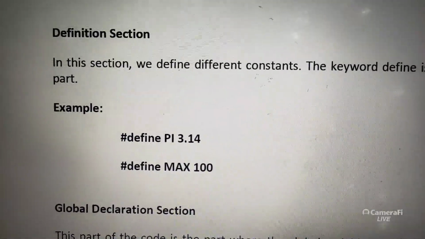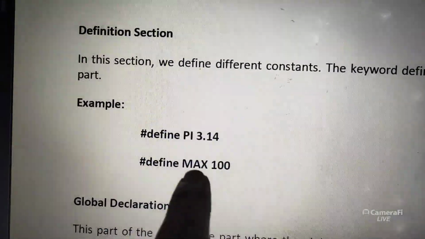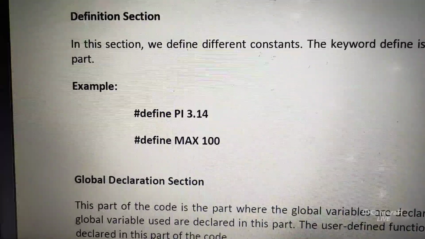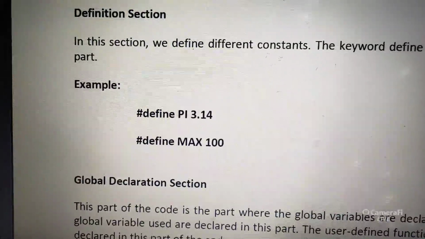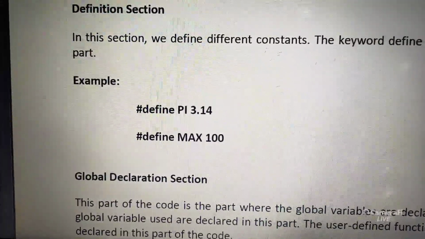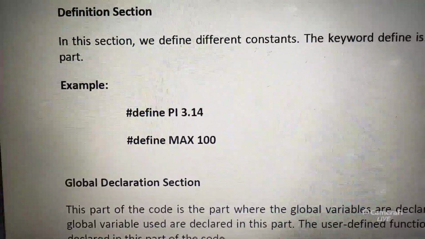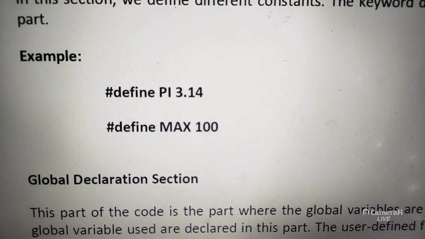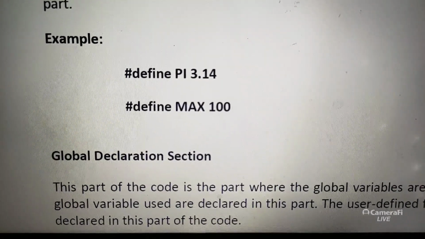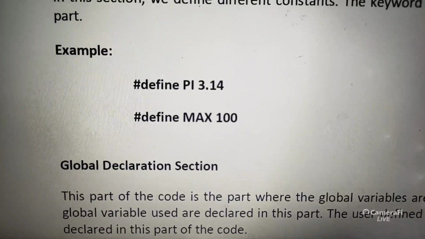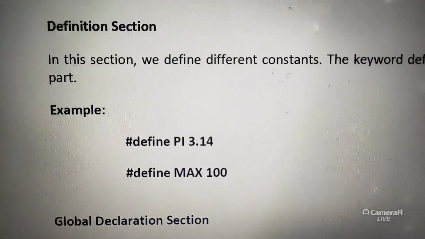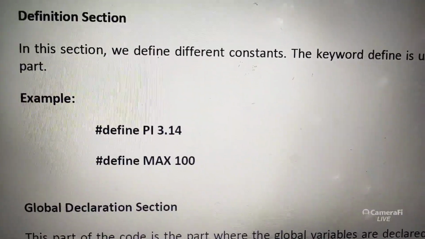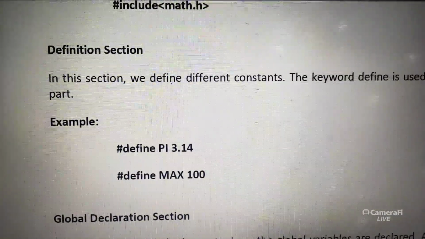And constants will be declared in the definition section. Okay, one symbol will be fixed with a value. For example, this symbol represents this value. Say ABC student is the school leader, college leader. So whenever the college leader is announced, that student will represent. So whenever the symbol pi is used, 3.14 will be substituted. Wherever max is used in the program, that symbol will be substituted with 100. These are constants, the value will be fixed throughout the program, so they will be defined in the definition section, the third section.